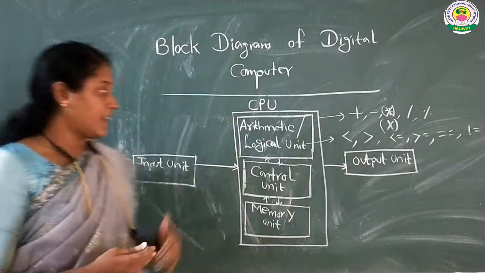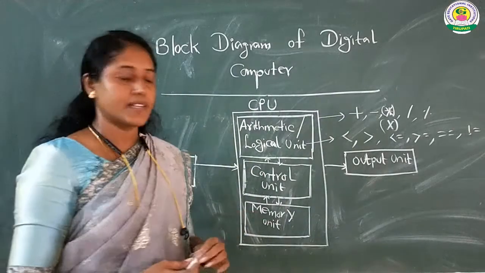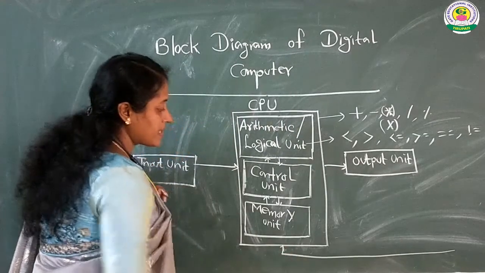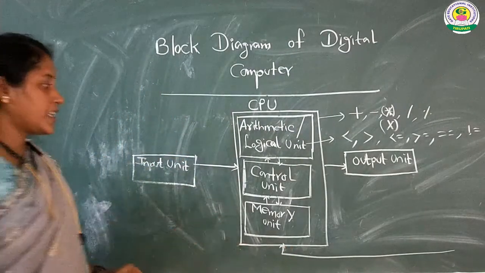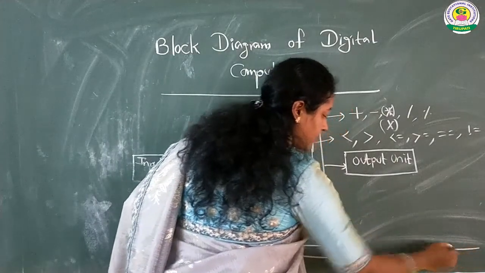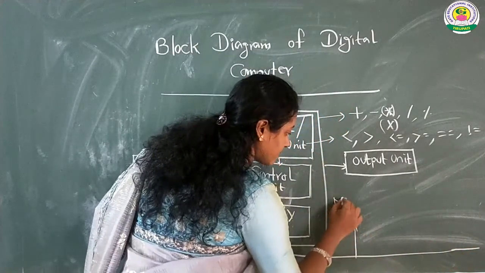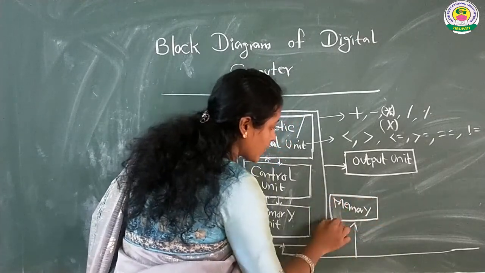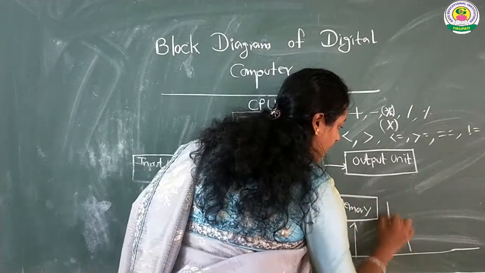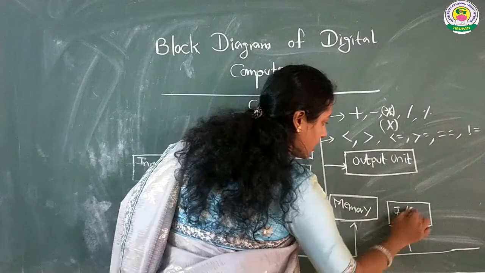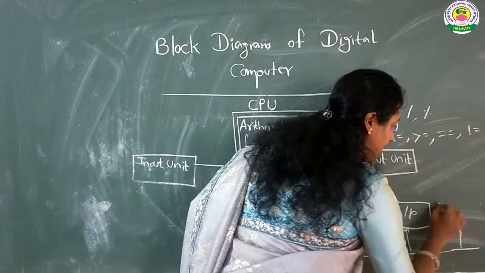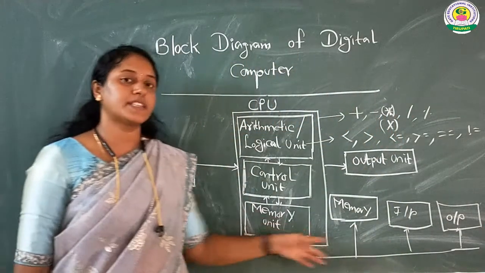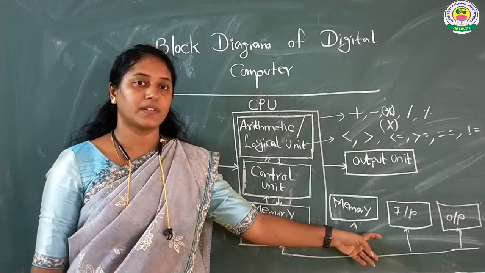And finally, I conclude this topic with the system bus. So what is the system bus actually? The system bus is connected to the CPU. Memory is also connected to the system bus, and input devices as well as output devices. So what does the system bus actually mean in a computer?